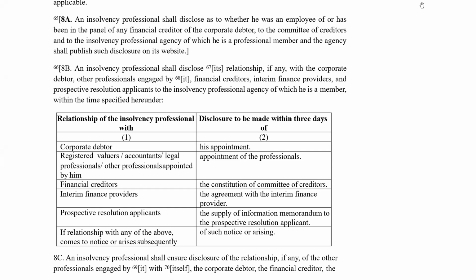ठीक है, और रिलेशनशिप क्या है वो भी, उसका भी मीनिंग दे रखा है। For the purposes of clause 8b and 8c above, relationship shall mean any one or more of the following 4 kinds of relationship at any time or during the 3 years preceding the appointment of the other professionals। ठीक है, kind of relationship क्या है? पहला, where the insolvency professional or the other professional, as the case may be, has derived 5% or more of his or its gross revenue in a year from professional services to the related party।